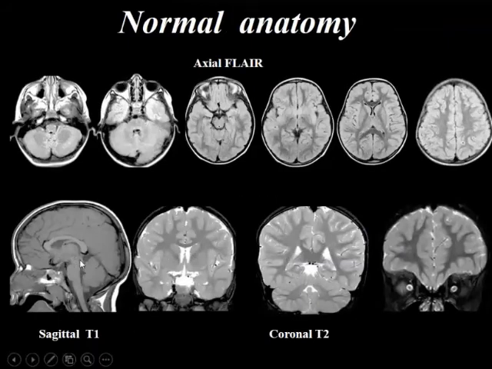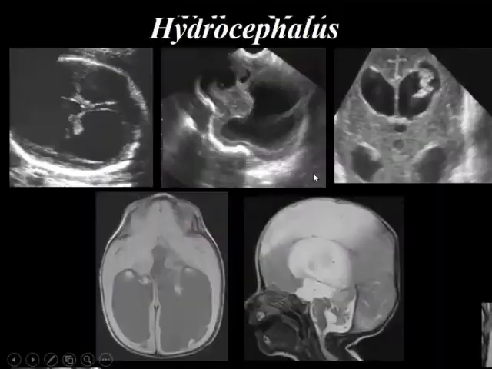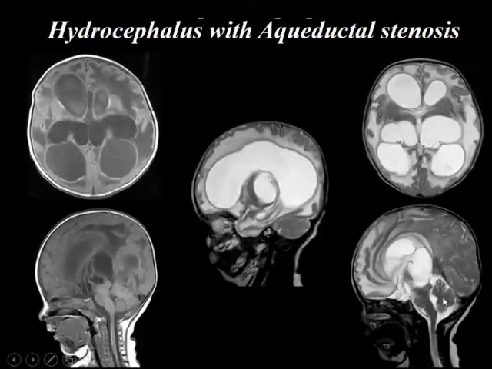Okay, so we will look at this. See, this is the tegmentum. This linear structure is the tectum. Between them is the aqueduct. So we know where the aqueduct comes in the region of the midbrain, and that communicates between the third ventricle and the fourth ventricle. Now, when there is an aqueductal stenosis, you don't see the aqueduct at all.